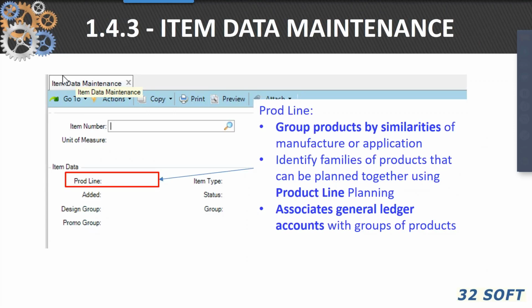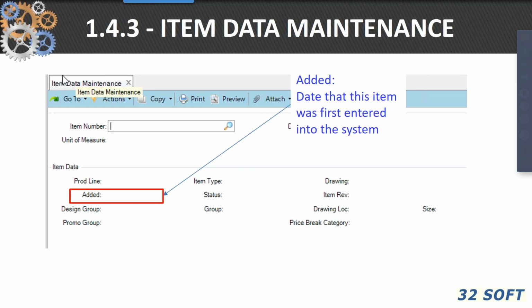Product lines allow us to group products together. This associates a general ledger account with the groups of products. We'll have another webinar on the 15th of May that talks more specifically about costs associated in QAD. So we'll talk a lot more about product lines when we get to May 15th. Then there's the added,